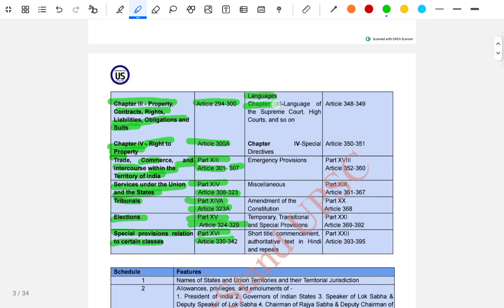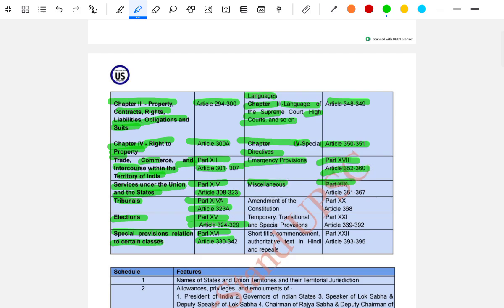Language, Chapter 3, Language of the Supreme Court and High Court and so on, Article 348 to 349. Chapter 4, Special directives, Article 350 to 351. The emergency provisions, Part 18, Article 353 to 360. The miscellaneous,